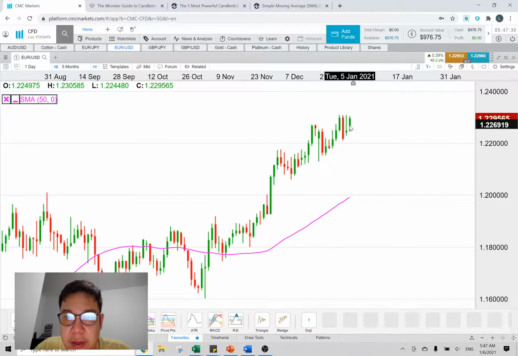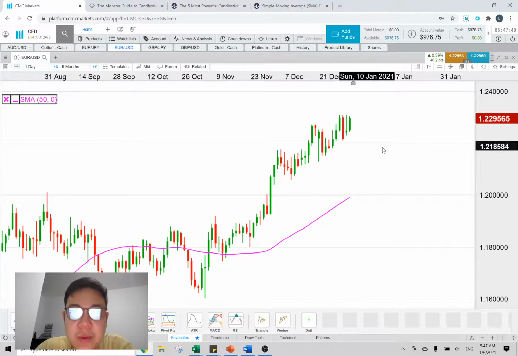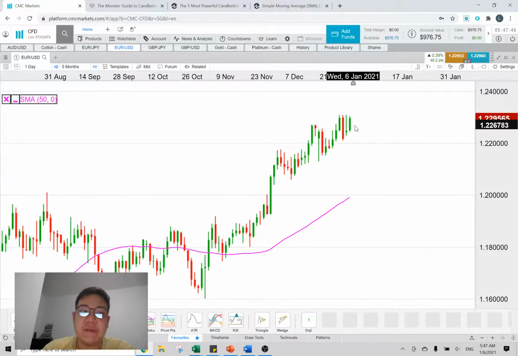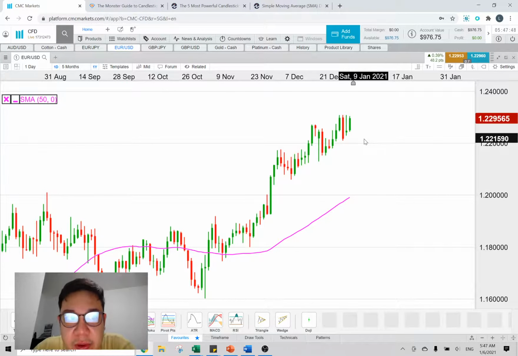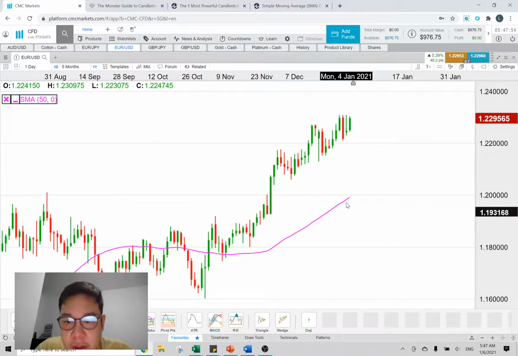So this bar, all right, you look at the top left hand side, got OHLC. We take the close, which is the pricing of, in this case, 1 day. You take the close, you take the close, you take the close, and then average out. So if it's a 5-day simple moving average, is just taking this close, which is 1.229565.